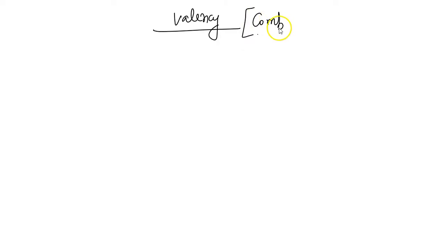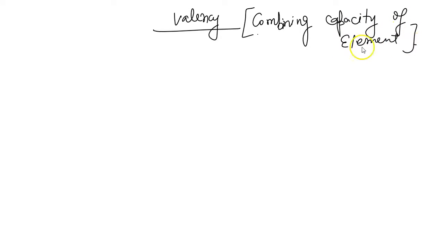Once we are sure about the electronic configuration, let us now talk about the valency. Talking about the definition, that is very simple. You will find everywhere the same definition, that valency is the combining capacity of an element. Combining capacity of an element. But how do we find out the valency? We also understand the meaning of valency, what is meant by combining capacity of an element. But how do we find out valency?